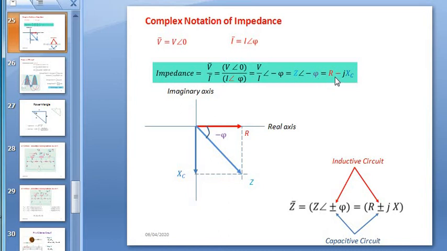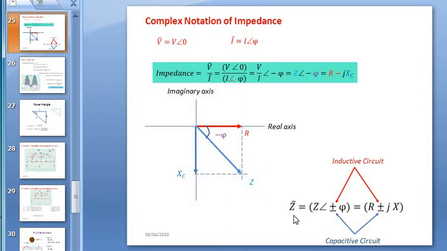Or in complex mode we can write it as R minus JXC, where R is drawn in parallel with this real axis. Where to draw this XC? Since this is a minus J, for minus we have to draw the phasor in clockwise direction. J is indicating 90 degree, quadrature with the resistance. Therefore it is quadrature with the resistance. And the vector addition of these two gives the Z. Are you getting this?